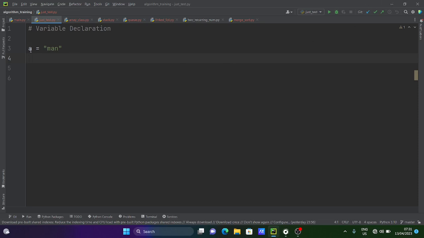Take, for instance, a here is a variable holding the value or the data "man", placed in between two double quotes. In Python, it is very simple and easy to name variables. Python has adopted different naming methodologies for naming variables. For instance, we can have